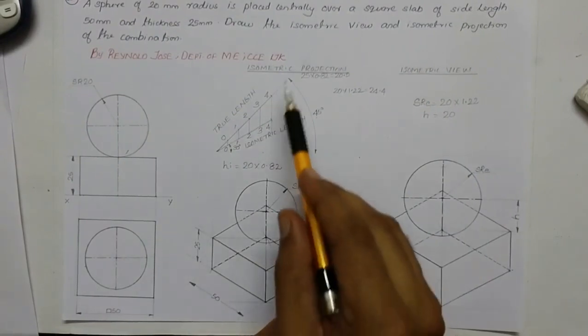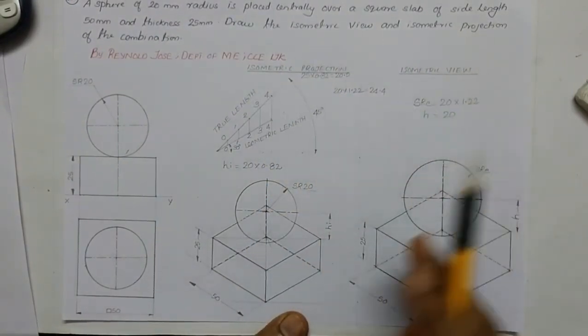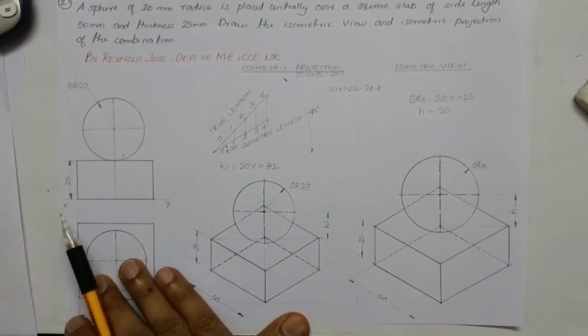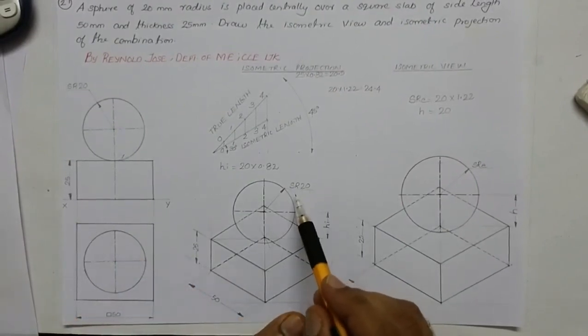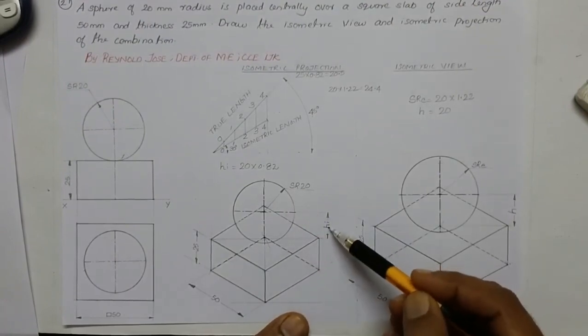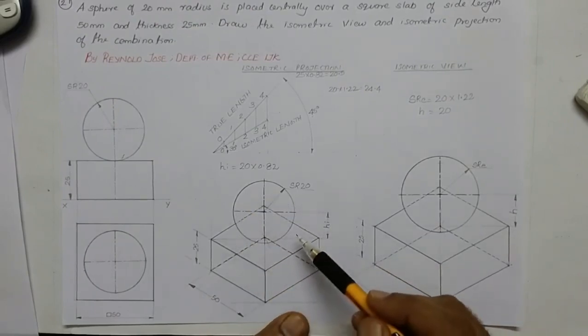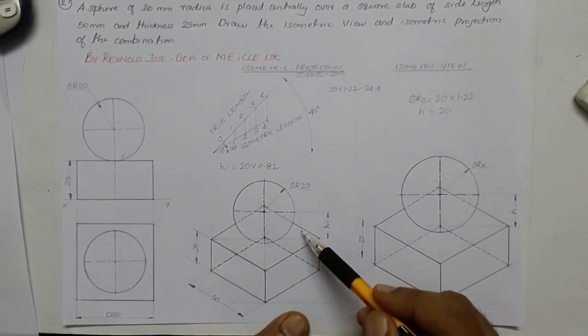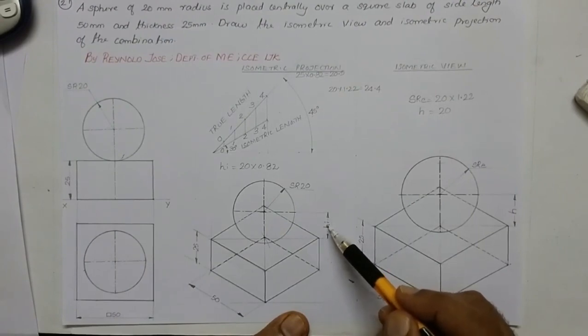So this is the difference between the isometric projection and isometric view of this combination of solid. So here to draw it specific, so this is spherical radius. SR stands for spherical radius, and here we have taken the height. We have marked it as HI. It is only for this diagrams including spheres and hemispheres. So here I am writing it as HI.